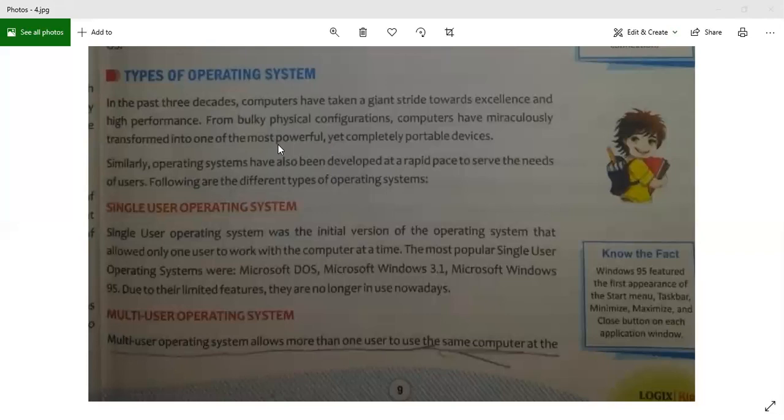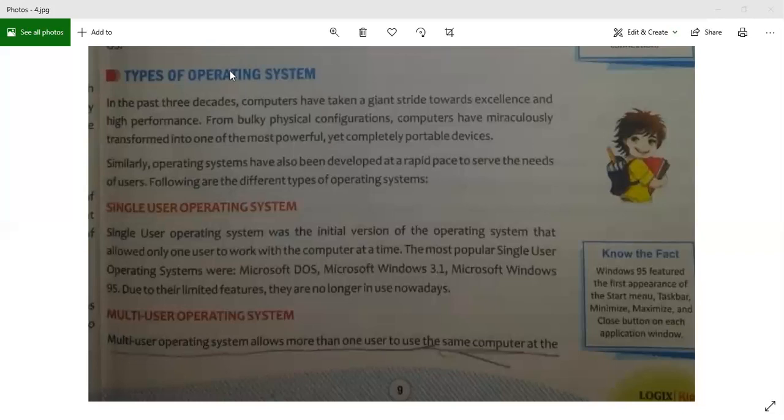The most popular single user operating systems were Microsoft DOS, Microsoft Windows 3.1, Microsoft Windows 95. Due to their limited features, they are no longer in use nowadays. So what was the problem with these single user systems? Only one person can work at a time.